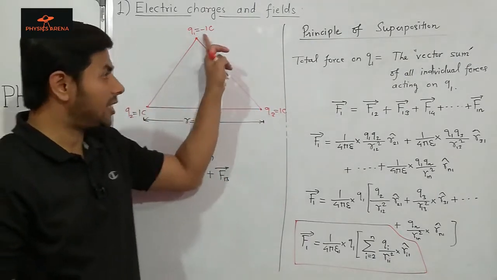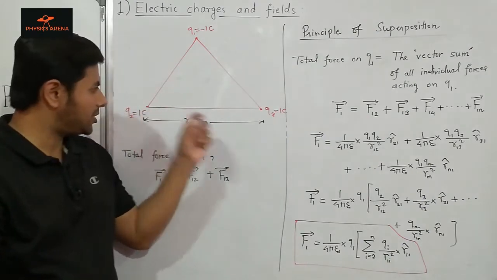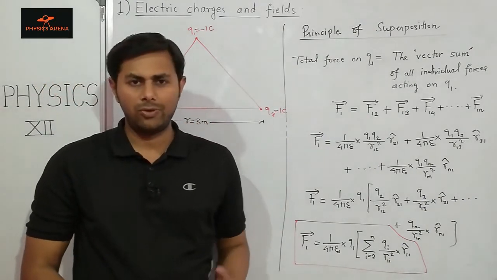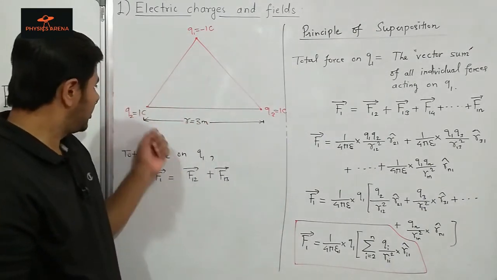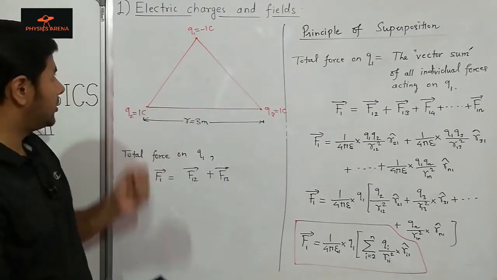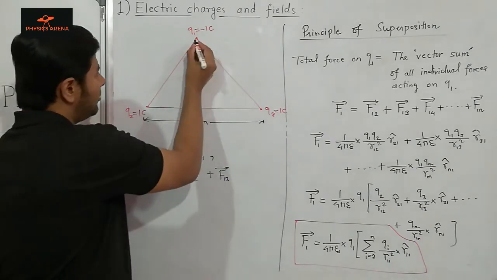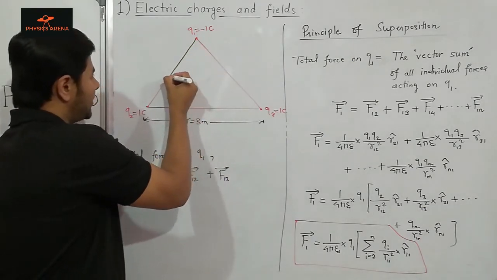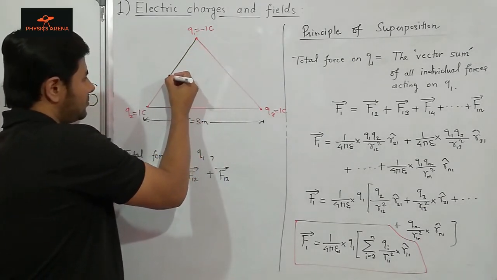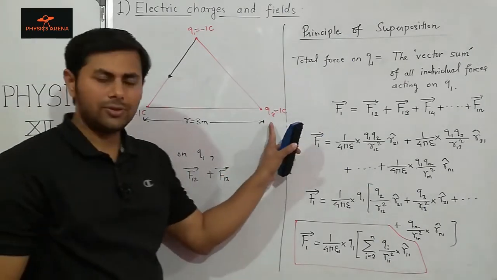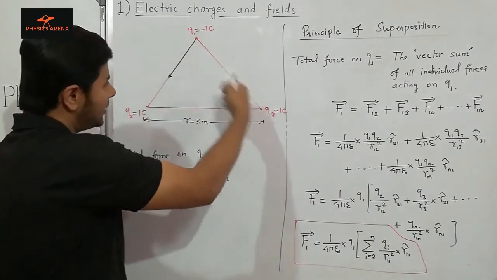Now this charge is negative and these charges are positive. So force is going to be attractive. So Q2 will pull Q1 towards it. So force due to Q2 will be directed along this line. And force due to Q3 will be directed like this,